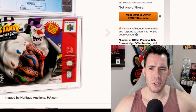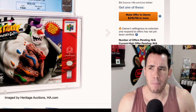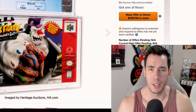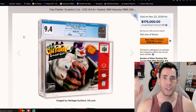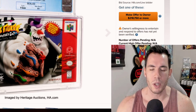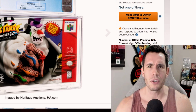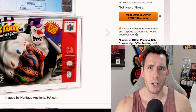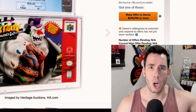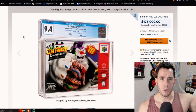As for sales records on factory sealed Sculptor's Cut, they basically don't exist. I think this is the first time it's ever been publicly auctioned in the history of video game collecting, so there's some history for you. But there was a private sale that took place for one of the other known sealed copies. The details are $100,000 cash plus $100,000 trade. So $200,000 for a different copy of Sculptor's Cut,